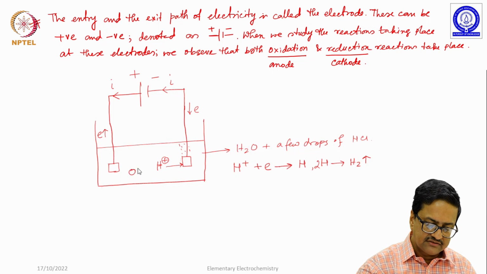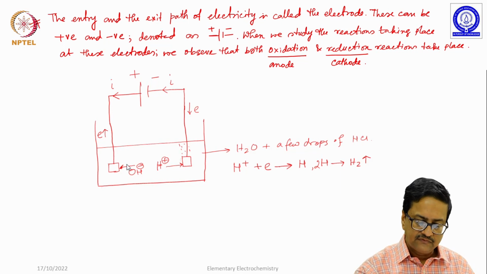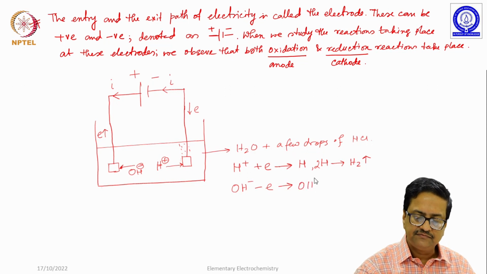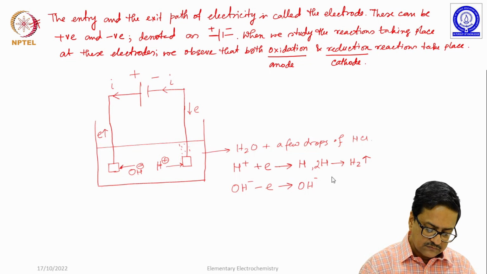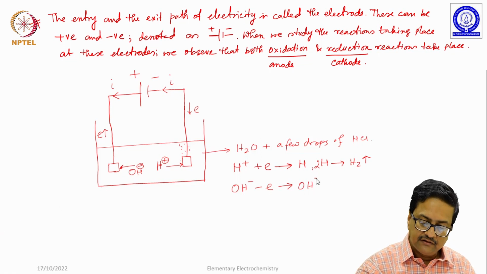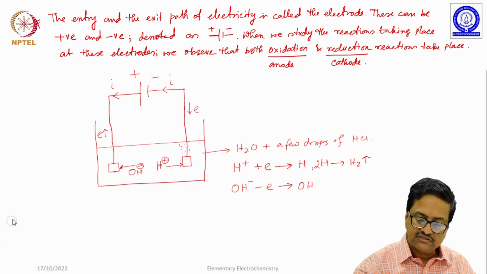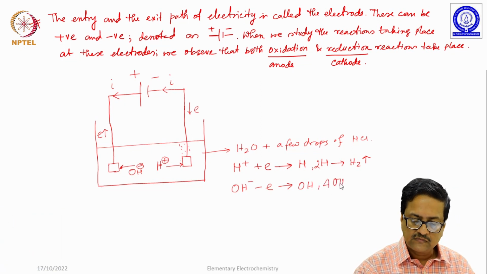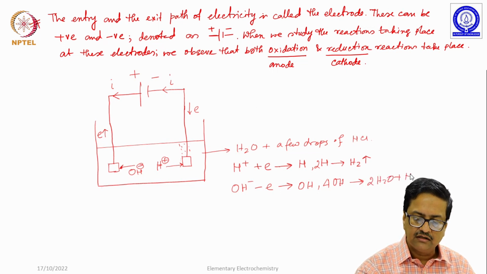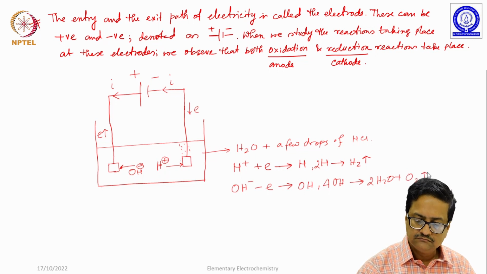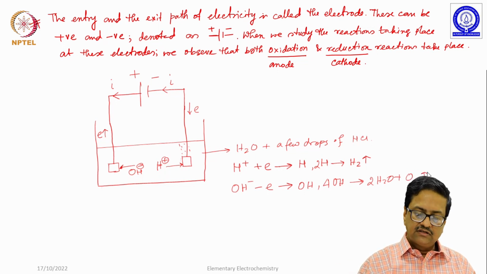Similarly, the OH minus ions move toward the anode and get converted to oxygen in this process, which I have also shown in the previous introductory lecture. It initially forms the OH radical, and then 4 such OH radicals combine to give you 2 water molecules plus 1 O2. So, write